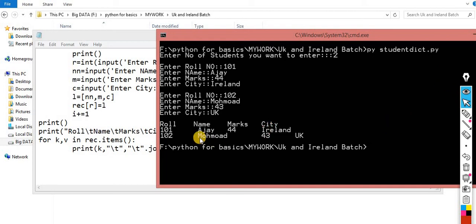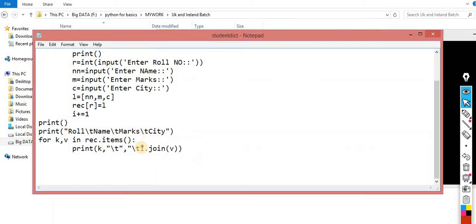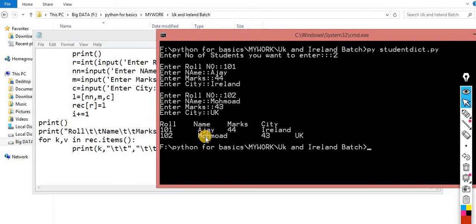Here the output is not aligned because the name length is more than this, and that's why it is considering the tab over here. So if you want to manage this, print 2 tabs again. That's not an issue. For more segregation you can use 2 tabs over here, and the problem will be resolved. The maximum characters in a name are 10 or 15, not more than that, so you can use one more tab. That's why this problem occurs: the number of characters in Muhammad is higher than the others.